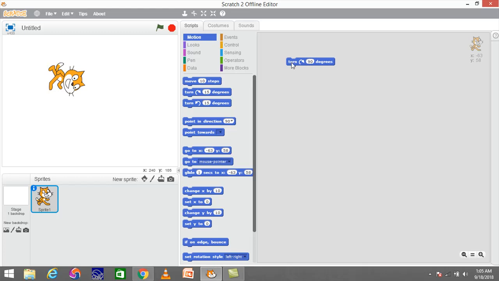I'll click once more, another 90 degrees, once more, another 90 degrees, once more, another 90 degrees. So each time I click on this turn command, it allows the sprite to take a turn clockwise by whatever angle we have specified over here. The third one is